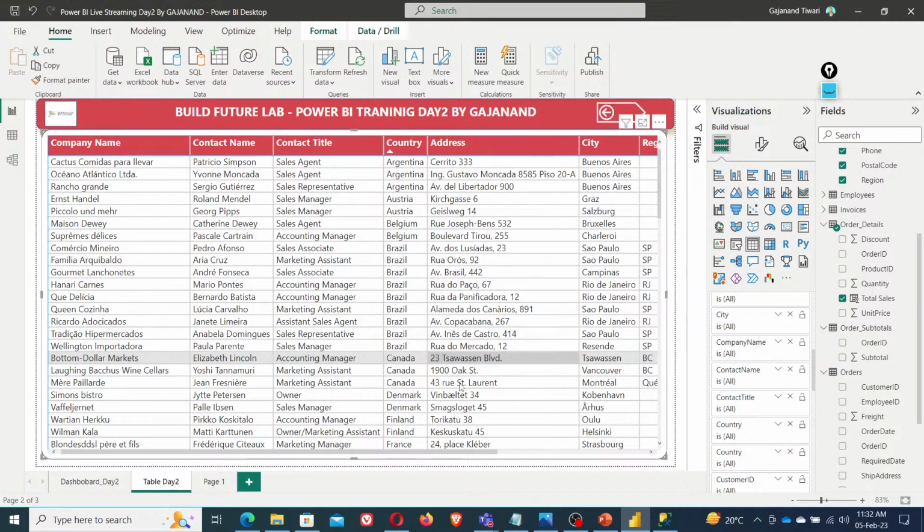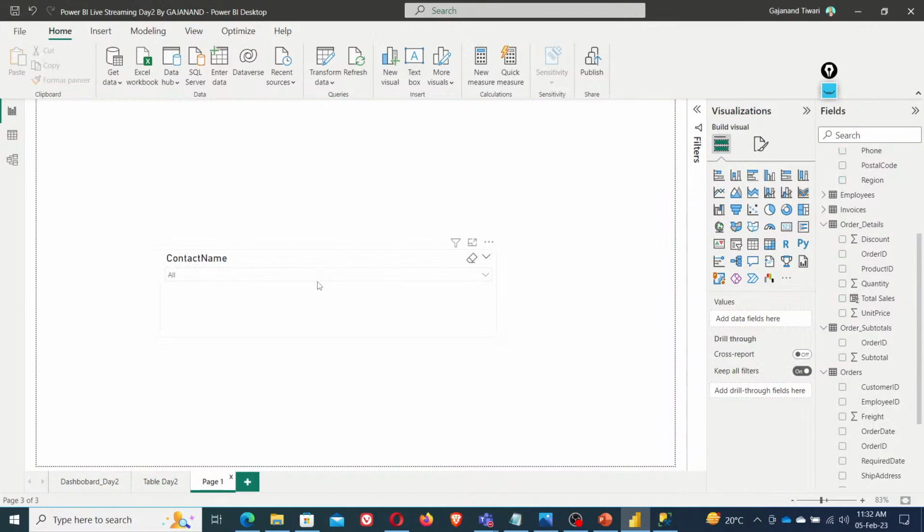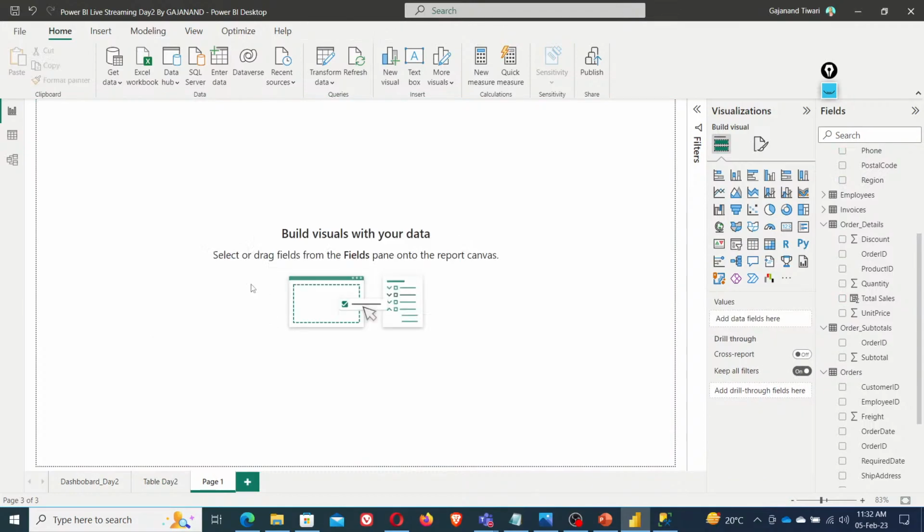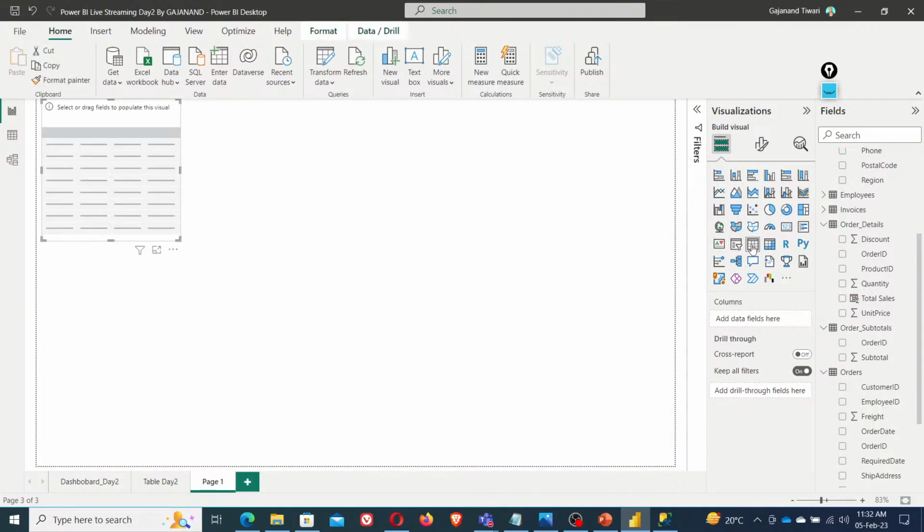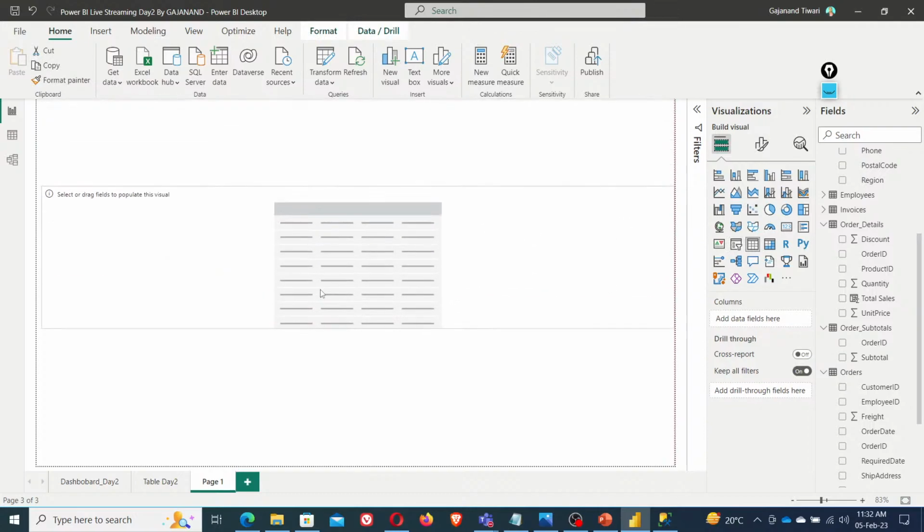See this, build the table in a similar way. How did you build it? Go to here, let's remove it. This is the table Power BI has. Okay, increase the font, paste the table here,